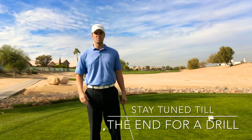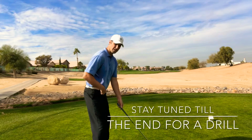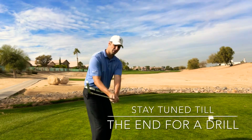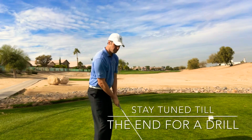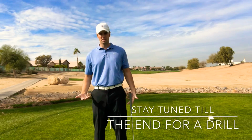So the first thing that you can do to help you stay in your posture is make sure you shift into that right heel, and make sure you feel like that belt buckle is helping you turn to the top of your backswing. The second thing that causes us to lose our posture, not only with our hips sliding forward,